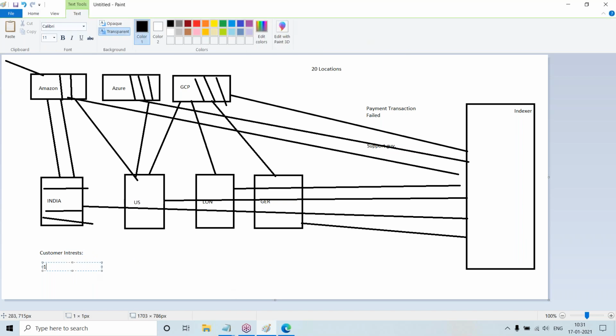Like how many customers are logging in. Let us assume 10,000 customers are logged in. Out of them, how many are making purchases?